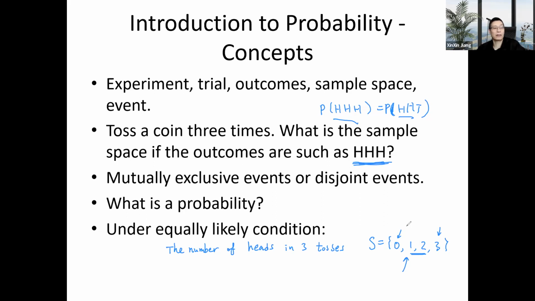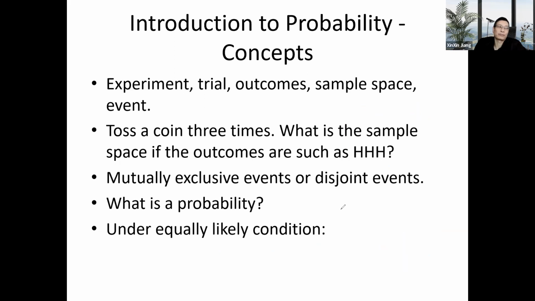A common mistake I hear from students, from people actually, is that two outcomes means equally likely, half chance. That's in general not true. For example, you have a box which has 3 black balls and 2 white balls, and you select one of them. There are only 2 outcomes, black and white. However, they are not equally likely. The probability of getting a black ball is 3 out of 5. The probability of getting a white ball is 2 out of 5.